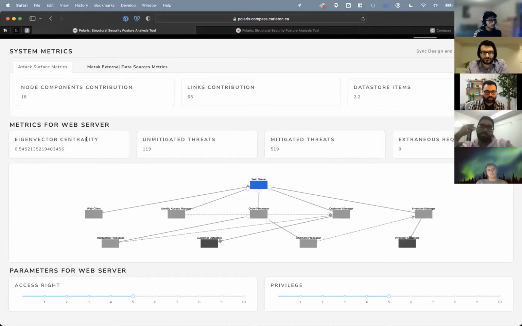And so we can use this information and use these sliders over here to run analysis of, okay, if I have a very high level of access, but a certain level of privilege level for this web server, how does it affect my attack surface? And we can see how these values are changing, for example, right here, based on the values we're choosing. And of course, based on which component you're targeting, those values change. And you can sort of run your analysis there.